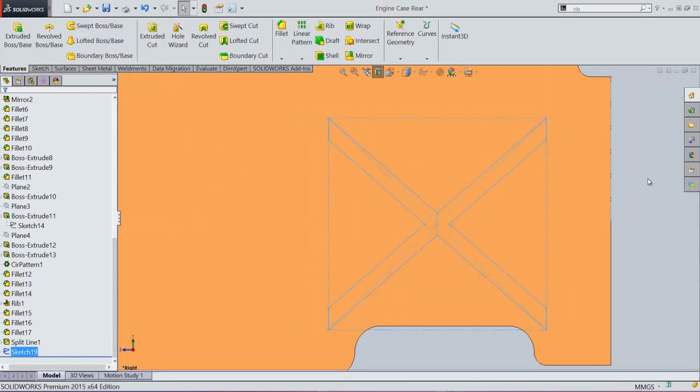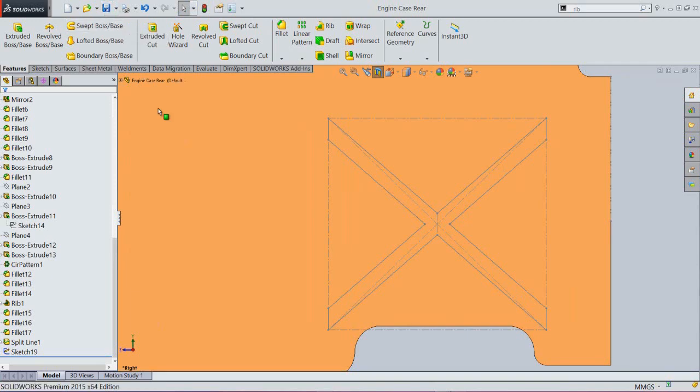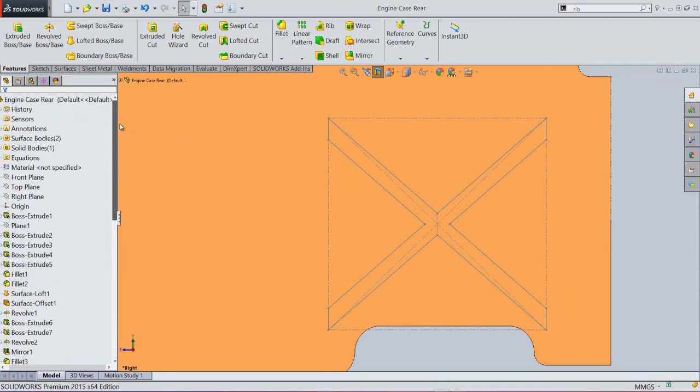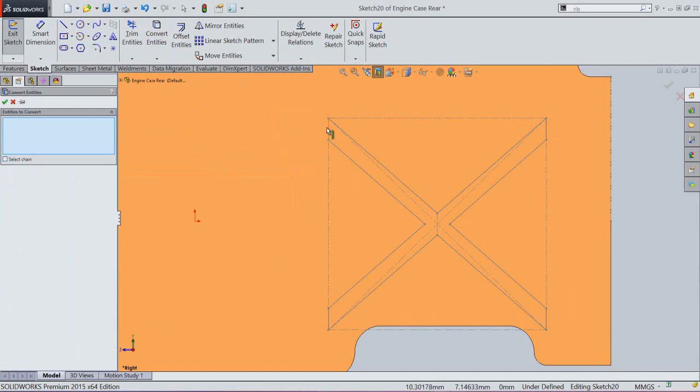So finish the sketch. Choose right plane, select sketch, activate the convert entities command and take the project of these lines.